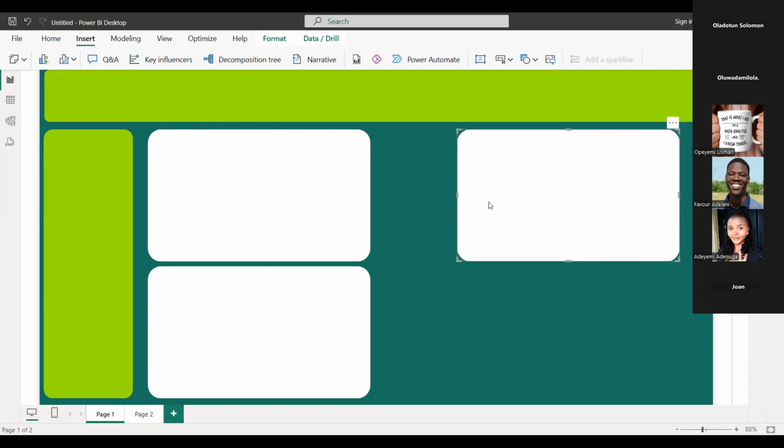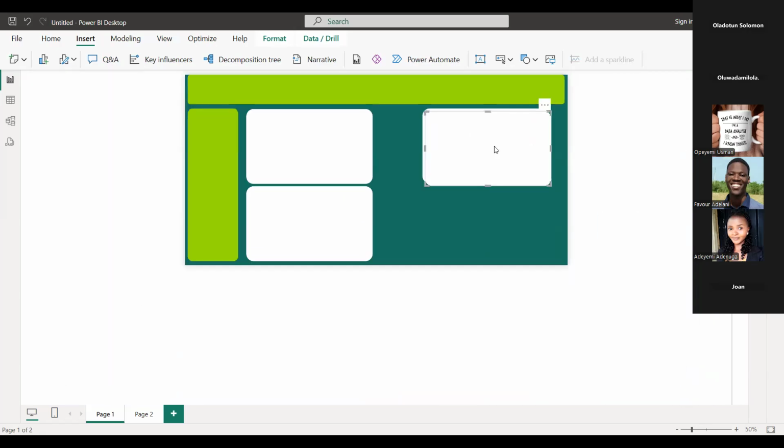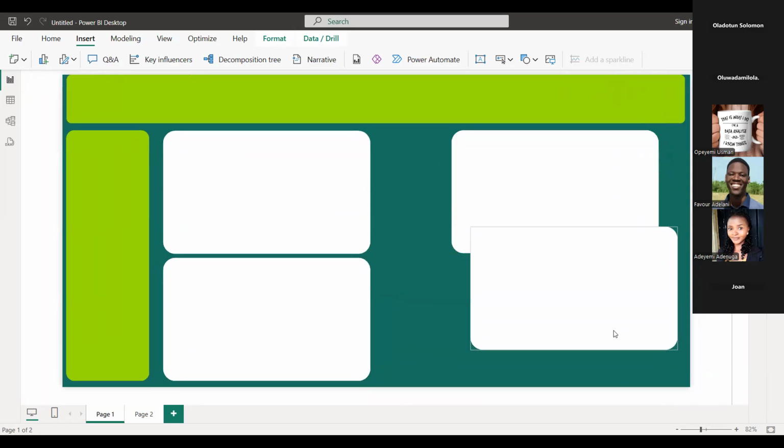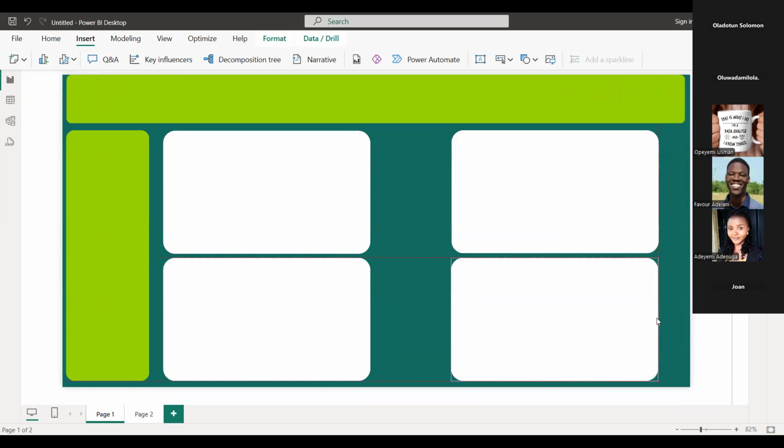So basically, I'm still going to copy this and paste it one more time. So let's maximize the space that we have.